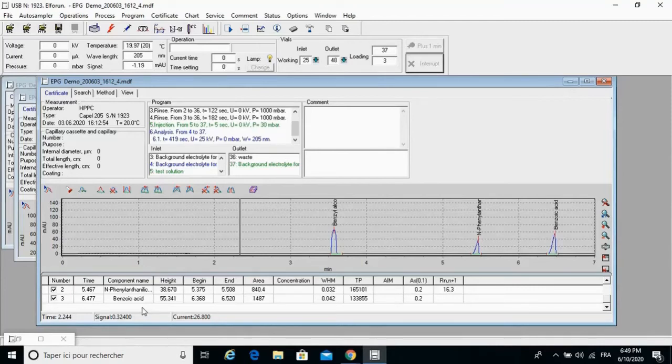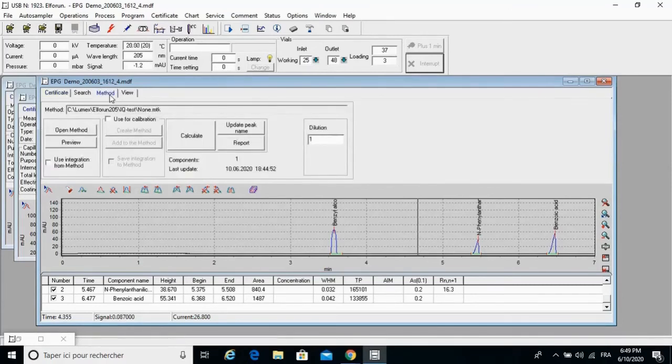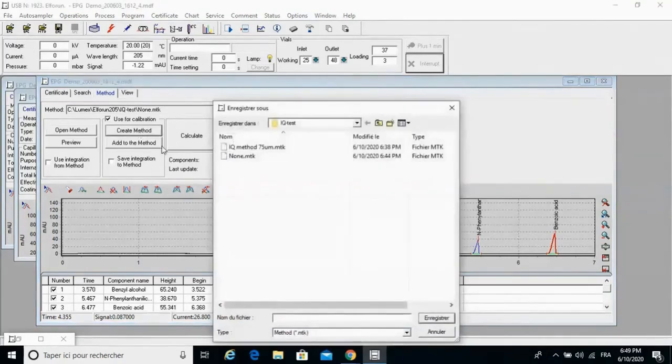And I'll be able to apply what I've just done here on all of my runs by using the same method. So as you can see, all my 3 peaks are named here. I'm going to click on the method tab right there. And then I'm going to click use for calibration. This is how you create your method. And then I'll click on create method. And then I'm going to call this method IQ